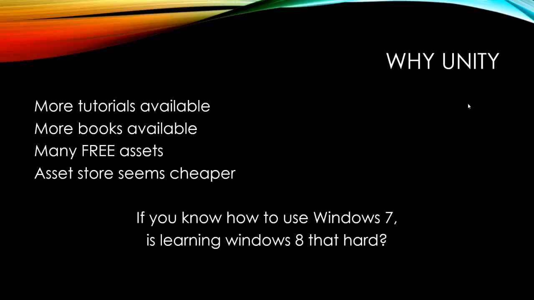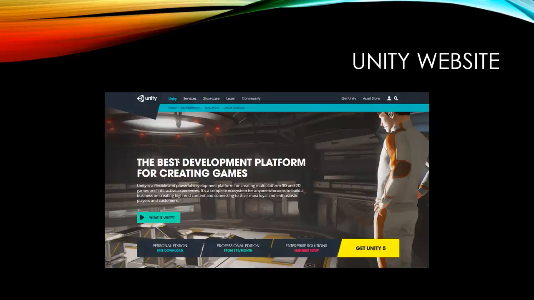So it's just like if you know Windows 7, learning Windows 8 isn't that hard. If you know Microsoft Office, OpenOffice isn't that hard to pick up. So we're not going to focus on Unity itself and how to do everything in Unity. It's more, this is what these things do so that you can use it in Unity, or you can go to Unreal or any other engine, and you know what you need to do. So hopefully that makes sense.